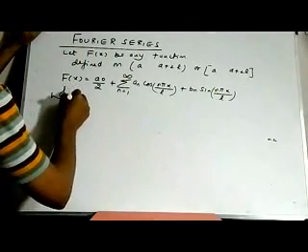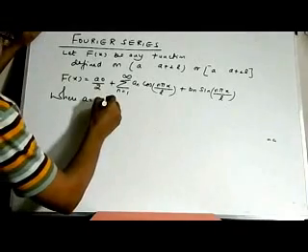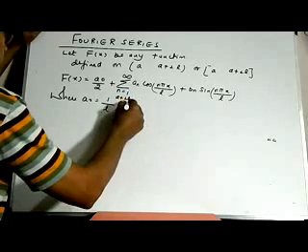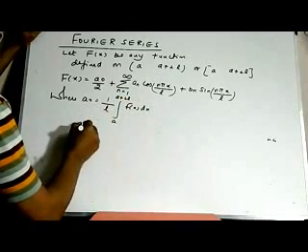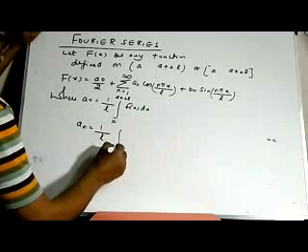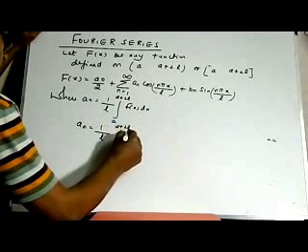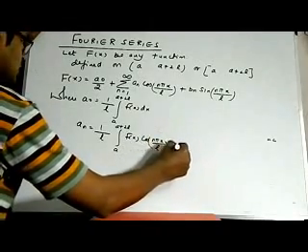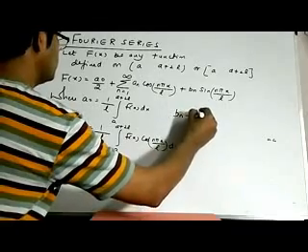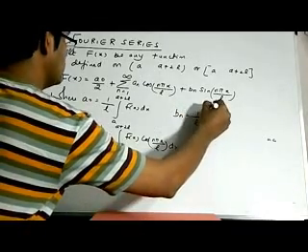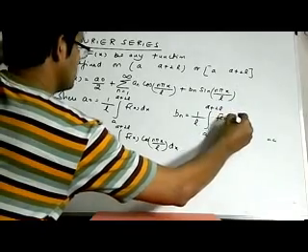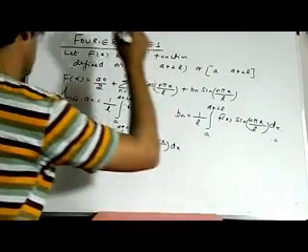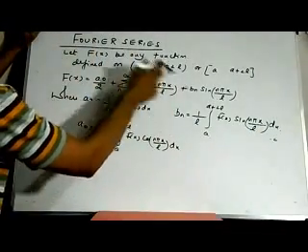where a naught is equal to 1 by l integral a to a plus 2l f(x) dx, and an is 1 by l integral a to a plus 2l f(x) into cos(n pi x by l) dx, and bn is 1 by l integral a to a plus 2l f(x) into sin(n pi x by l) dx. We will find the values of a naught, an and bn, substitute here, and that will be the Fourier